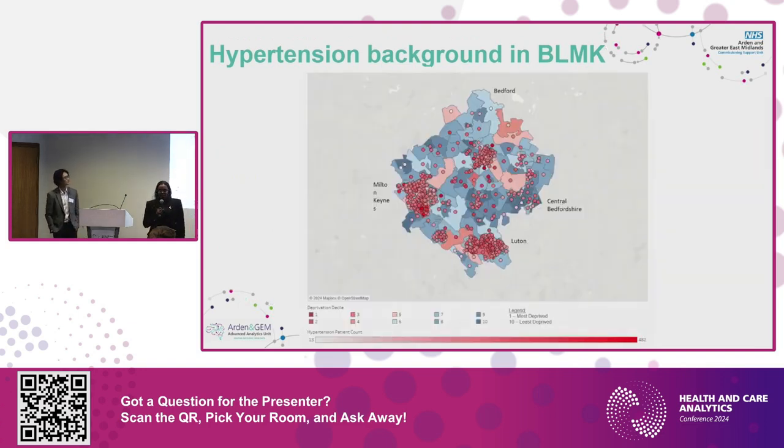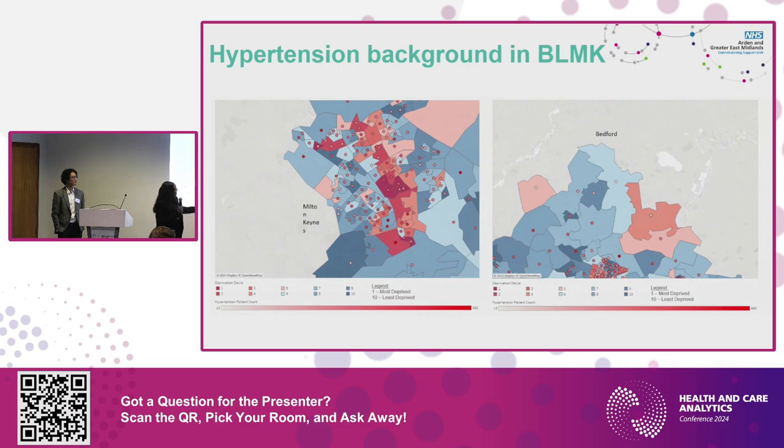And then in this map, not only have we highlighted the deprived areas, but we've also added the hypertension patient count. So there is one dot for each LSOA, and the darker the red in the dot, the more patients there are with hypertension within the LSOA area. And if we look at Milton Keynes in particular,